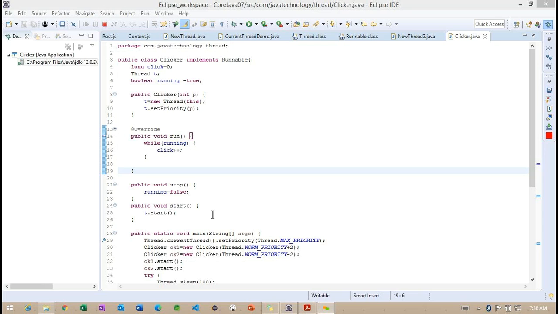Basically, what exactly will it do? Every time, only one thread is going to enter the block of code or method wherever we are using synchronization. The remaining threads are going to wait until the first thread completes the particular operation. We'll look at a simple example of how exactly it works.